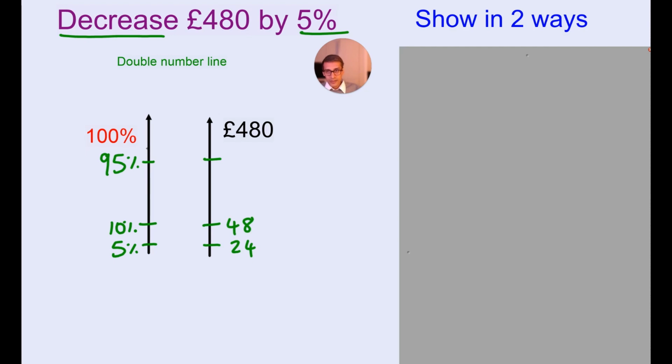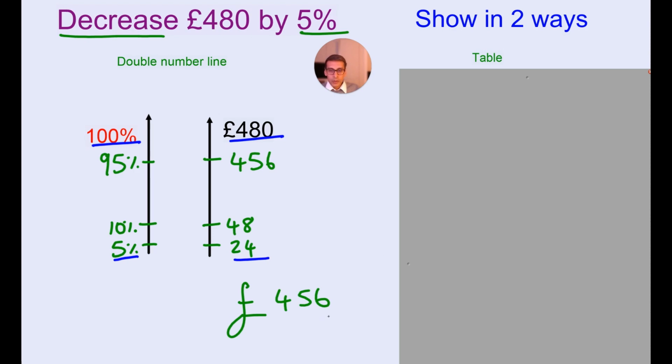And then 95% is going to be 100% take away 5%. So 480 take away 24. So that's going to give you 456. And that's in pounds, so we're going to write pounds